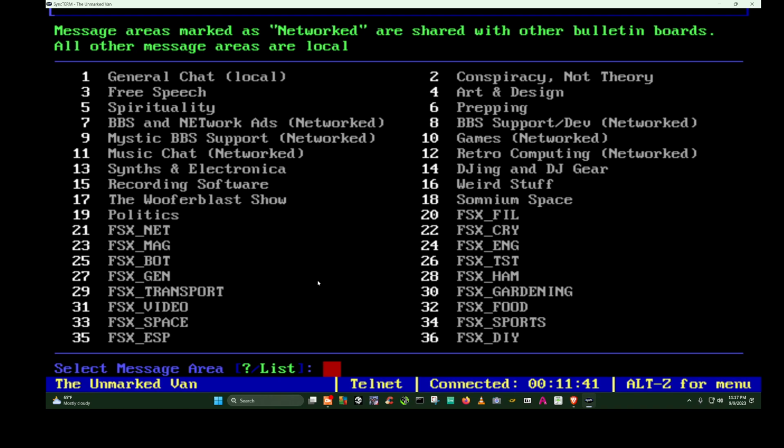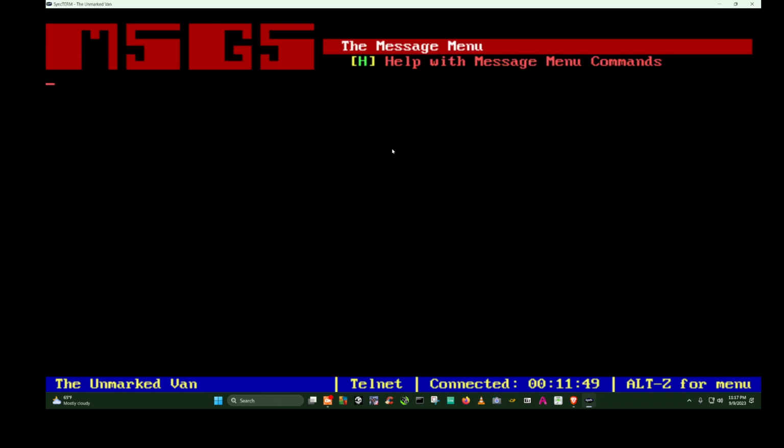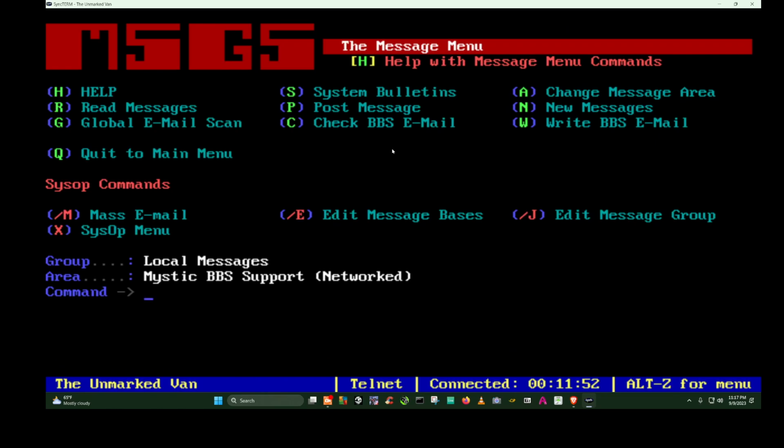So let's go to a networked message area 9, Mystic BBS support, right here, networked. Okay, you press 9. Now you don't see anything right away, but it says Mystic BBS support. So you see, you changed to this network here. Now you can check, let's see,